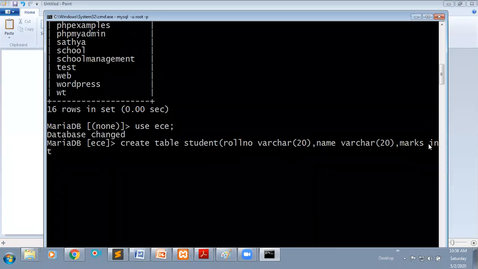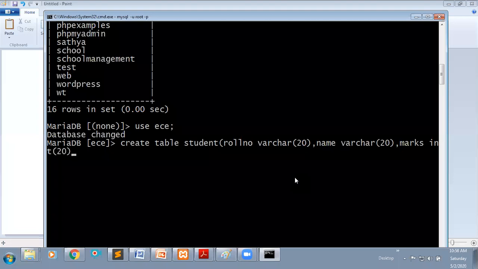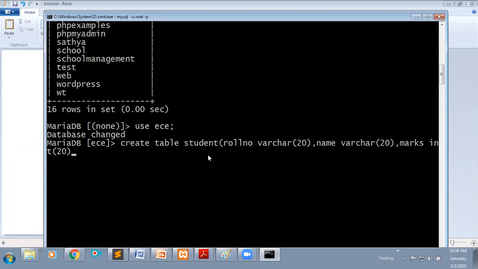Here you can observe, int you need to mention. Here you can mention size also. In this way you give the columns you require, within this parenthesis. Roll number is one column, varchar type. Name column is also varchar type. Marks column is integer type. Just close the parenthesis and enter.